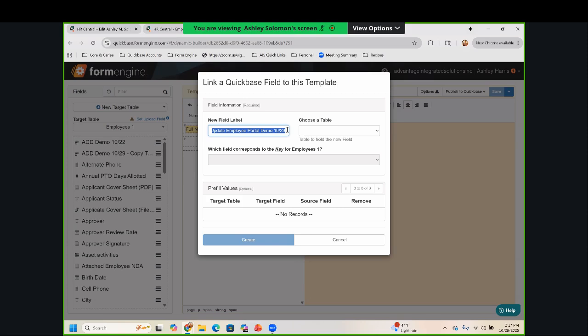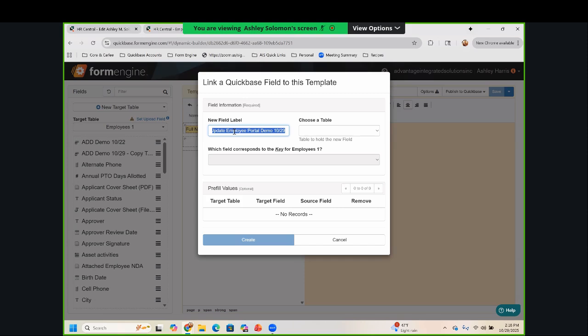This is just going to create a formula URL field, which will be what the button is in QuickBase. Because Form Engine is creating that formula URL field, that is what you can then use to send out in email notifications,